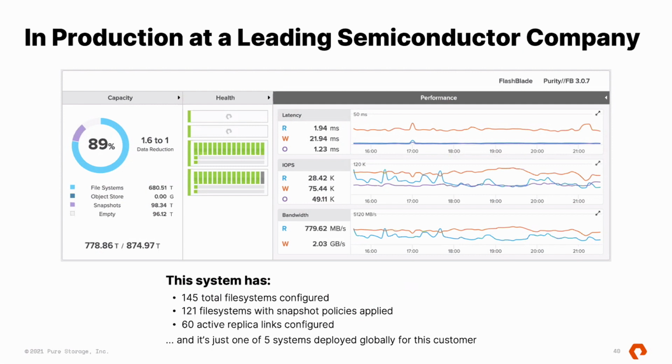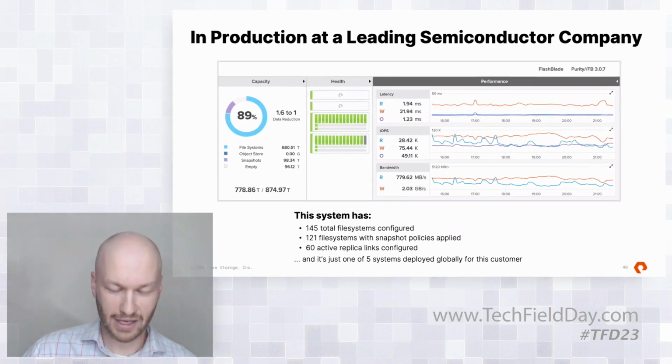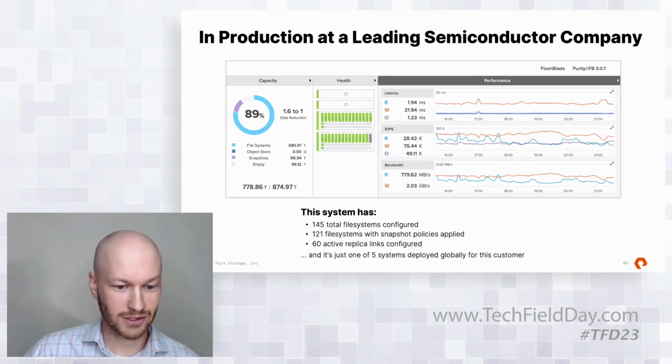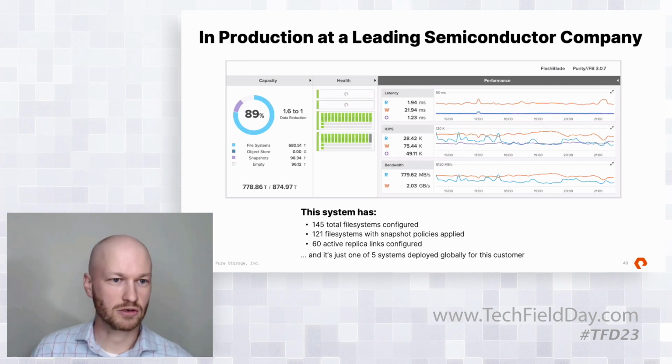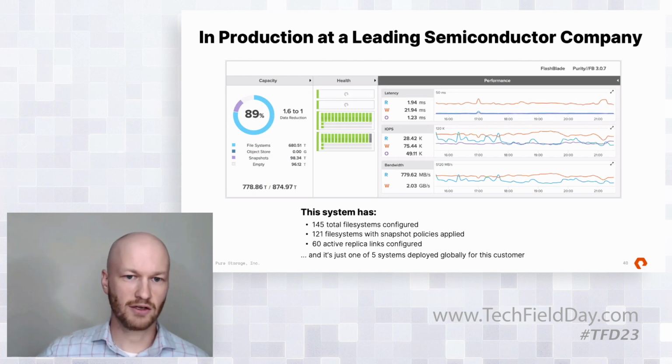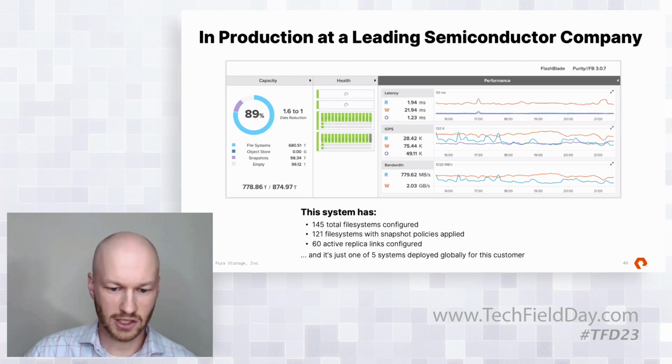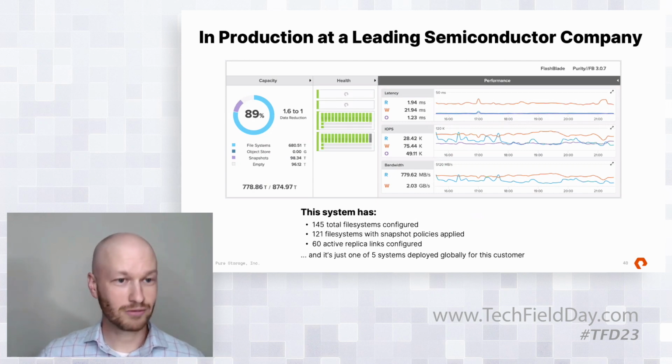We've been working with customers in the semiconductor space and pretty much every other major enterprise industry vertical. The details will vary about what their workflow is like, but the consistent theme that we heard from the beginning of deploying FlashBlade back in 2016 was: we love the performance, we're solving real pain points for that customer, and they need enterprise features to be able to run production data. As we've scaled our feature set and capabilities, we've really been able to do that without sacrificing any of the performance. And this is just one instance of that.